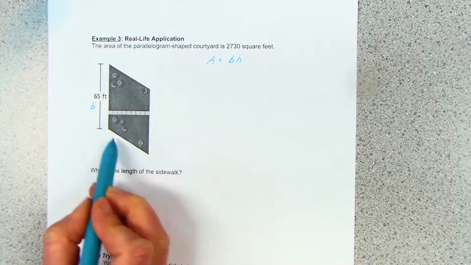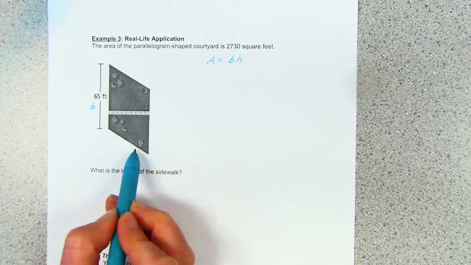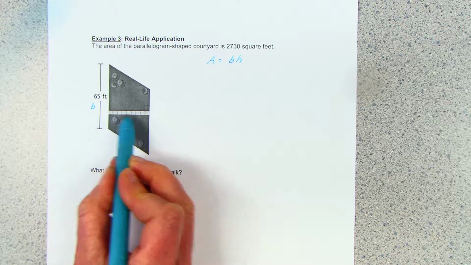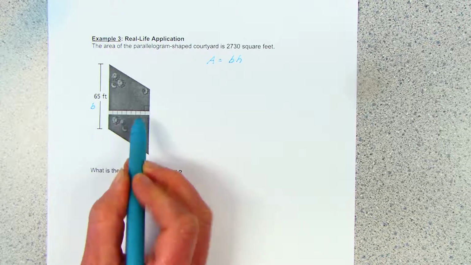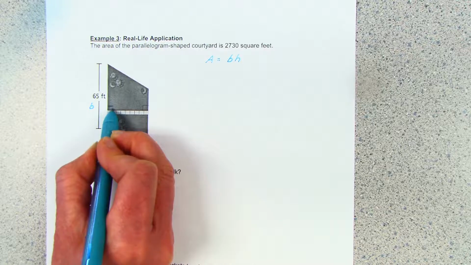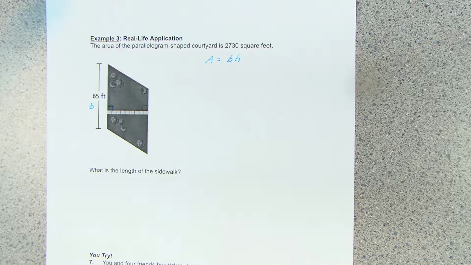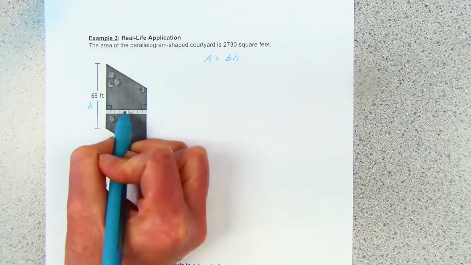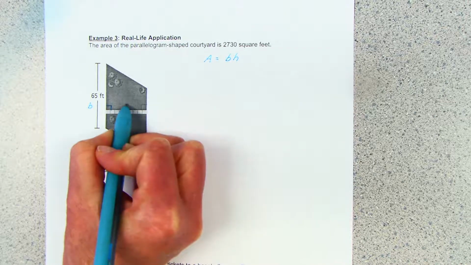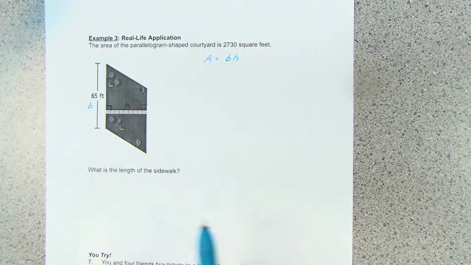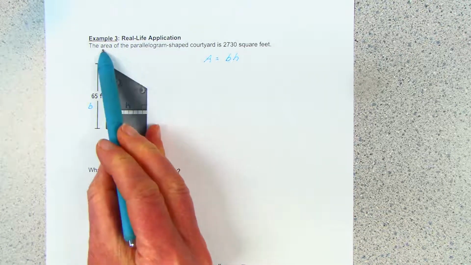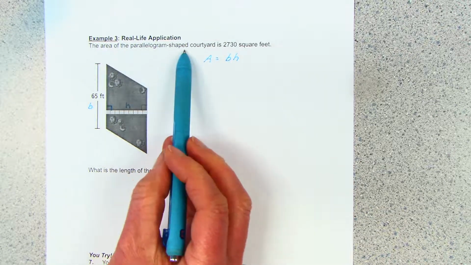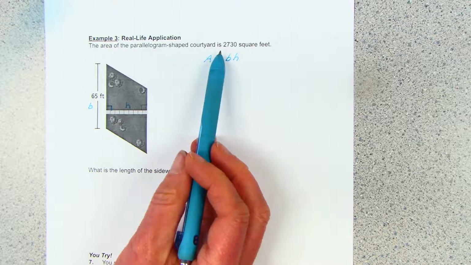And then the height is not the length of the side here. It has to be the height, like from the bottom to the side. I don't remember if you remember from last year how it has a right angle. So the base has to make a right angle. The height has to make a right angle. Okay. And so it tells us that the area of this parallelogram shaped courtyard is